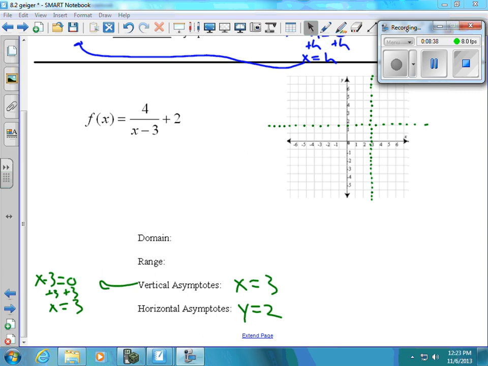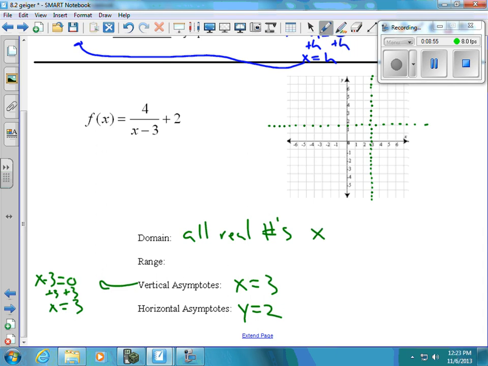So now what is our domain? What's our range? Our domain is all real numbers except x equals 3. I can't plug in 3. I go on the x-axis, 3 is the one that's got the imaginary line through it. I can't plug in 3. So my range is all real numbers,